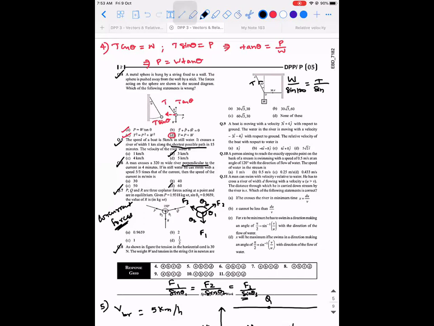Look at the angle opposite to T. This is the point. 90. Yes. Is equal to the force 30 Newton, and the angle opposite to 30 Newton is sine of how much? 150. That's right. Now look at the number of unknowns. Equate W by sine 120 to 30 by sine 150. Similarly, equate T by sine 90 to 30 by sine 150. You will get the answer for both W and T.